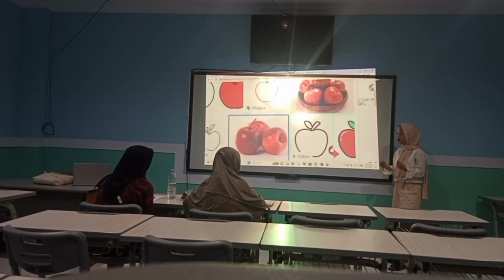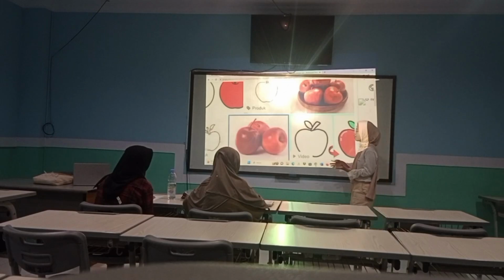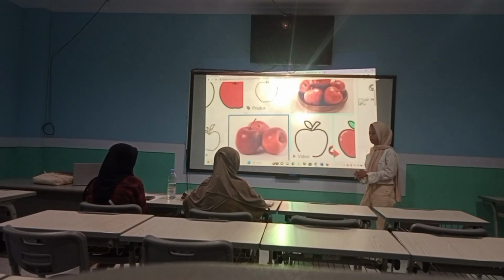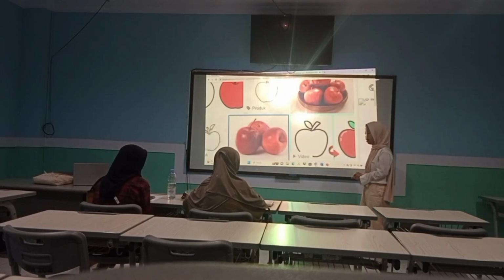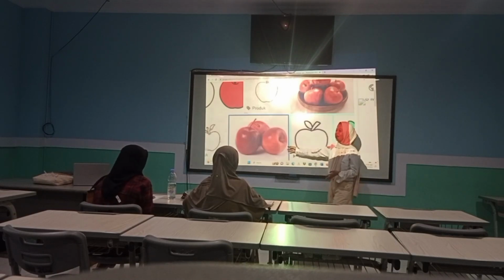I'm going to tell you, before I ask you to see this picture. So, what comes to your mind when you see the picture? This is a fruit. Yes, fruit, and then the name is apple. Yes, the name is apple, and then the color is red.